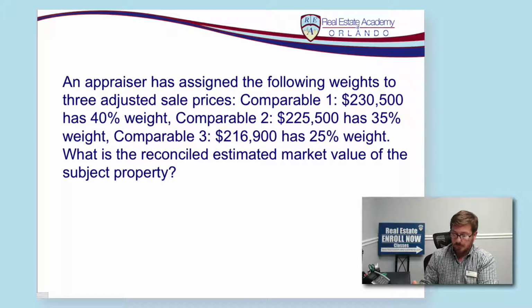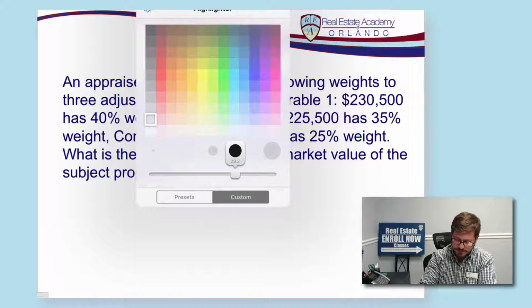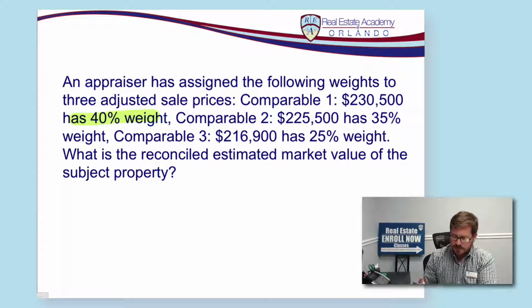We've got comparable number 1, $230,500. That's the adjusted price, but it has a weight of 40%. The next comparable, comparable 2, has an adjusted sale price of $225,500, and we're giving that one a weight of 35%. And then comparable number 3, adjusted sale price of $216,900, we're giving this one the final weight of